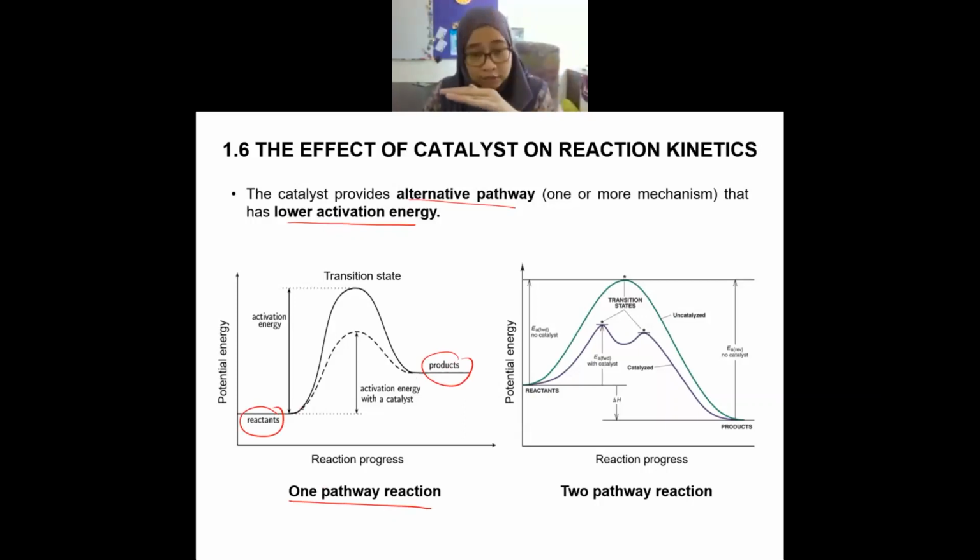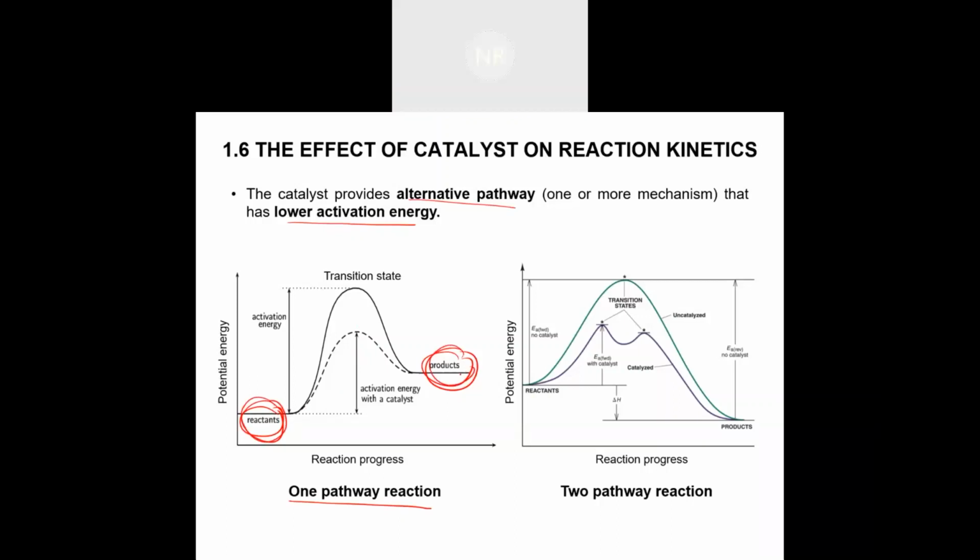When we add catalyst, it does not alter the reaction by having more reactions. When the catalyst is added, you still go from reactant producing product. There is a catalyst that behaves like that, meaning the way it acts is just by reducing the EA like this, but still from the reactant producing product. Another way of catalyst